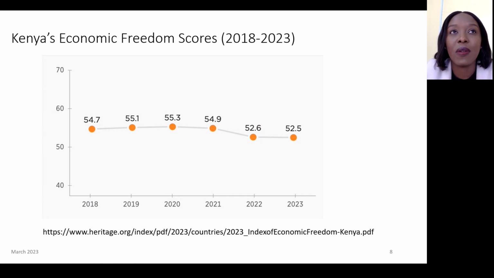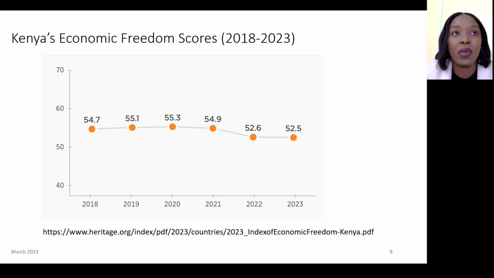And in terms of the regional performance, we were ranked 29. In the sub-Saharan African region, we were ranked 29 out of 47 countries. And again, as was the performance last year, this performance remains below the world average and also below the regional average. And then before I let my colleague Leo go into the next slide, basically for Kenya's performance,